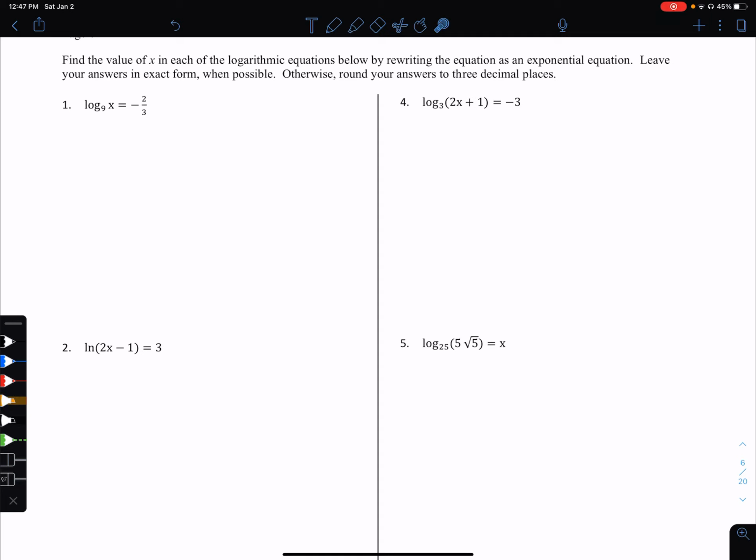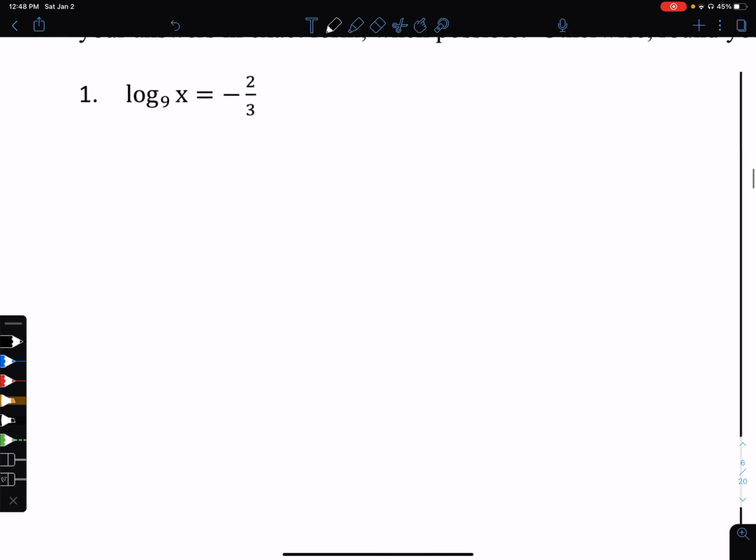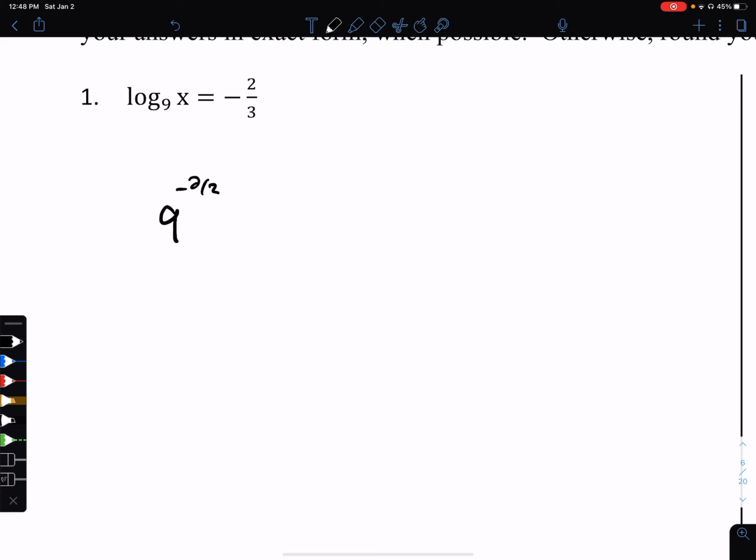So here's the key that tells you you should probably put this in exponential form, because the directions aren't always going to tell you that. Whenever you have a logarithm equal to a number, it's likely you're going to want to change this to an exponential equation. So looking at number 1, as an exponential equation, it would be the base to the exponent equals